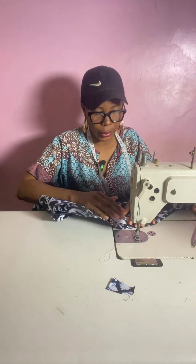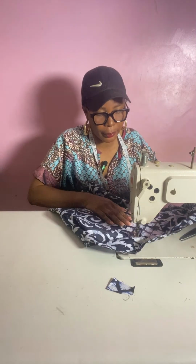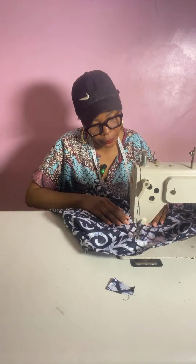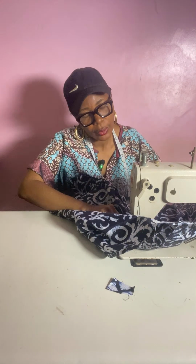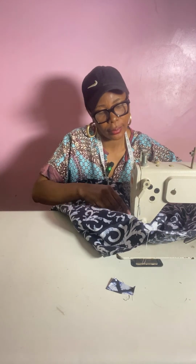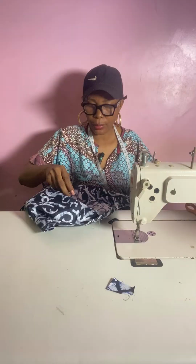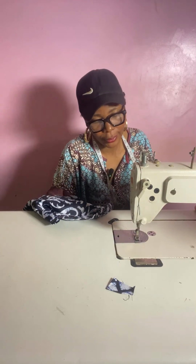Okay, so let's do the last one and then pipe the neckline. I'll show you how to do the piping of necklines. It's a simple process, okay? Okay, so now we are done. We are done. What happened now? I know they like all these kind of things, so